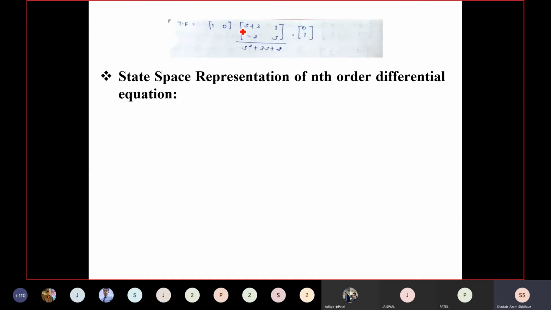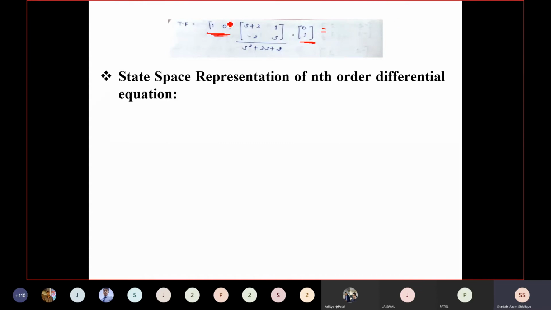Now what will happen? We have the C matrix here, and we have a B matrix here. Already D is 0, so that's why it is written here. Try to solve this and try to multiply, and we'll get the transfer function. So just multiply any of these. If you want to multiply this to this, you can, or if you want to multiply this to this first, you can do. Whatever you want, you can do.